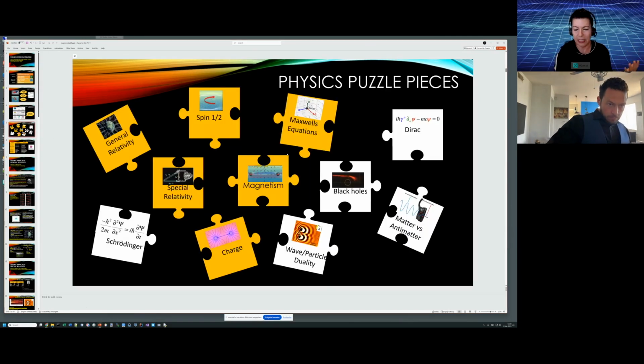So basically, there are all these things in physics, all these puzzle pieces, from Schrödinger to Dirac, the Maxwell equations, they all have to fit together somehow. And I think one of the problems is people dive into one tiny aspect. There are people who spend their whole life on one tiny aspect, but they never see the full picture. So what I want to do is to find, based on all the research out there, is there something that kind of makes sense overall?